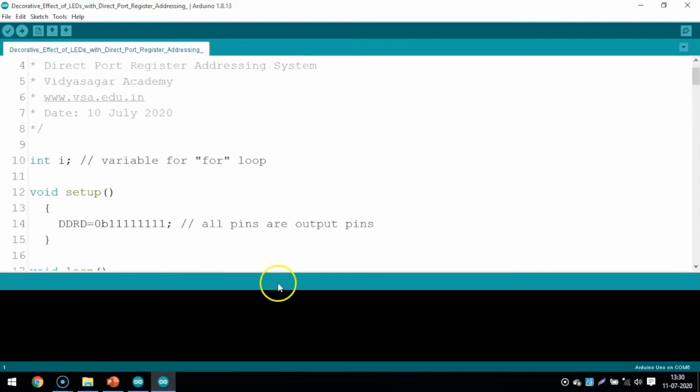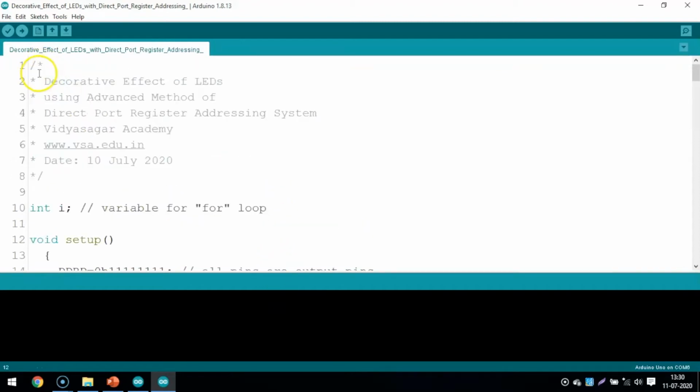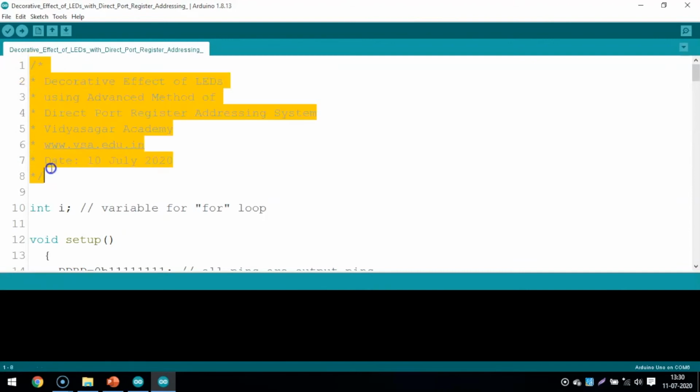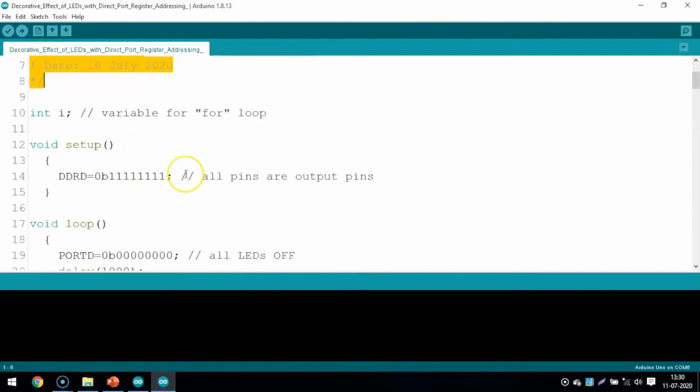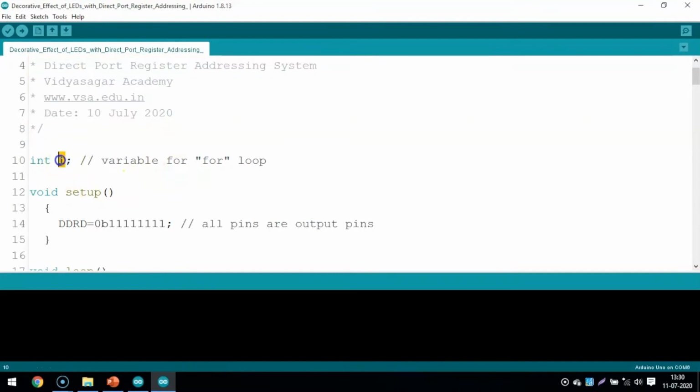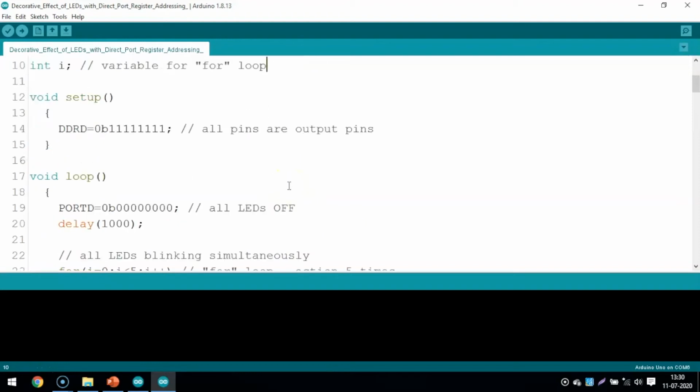Now in this program, this is the human comment, just for our reference purpose, and then we have taken a variable I, and the data type of that variable is int. I have used this variable for the for loop because we are using a for loop in this code, so that every effect will be repeated 5 times.